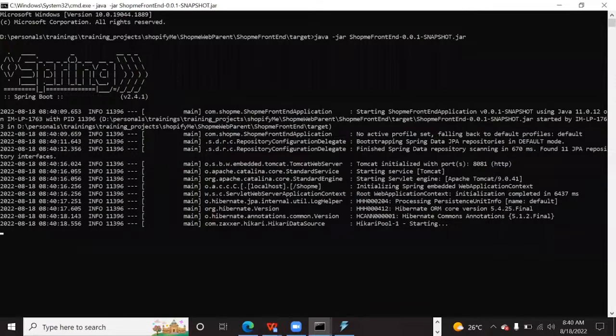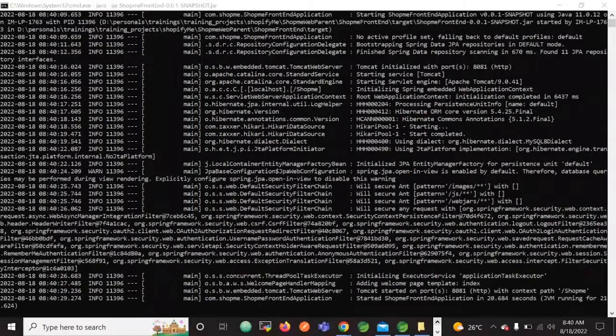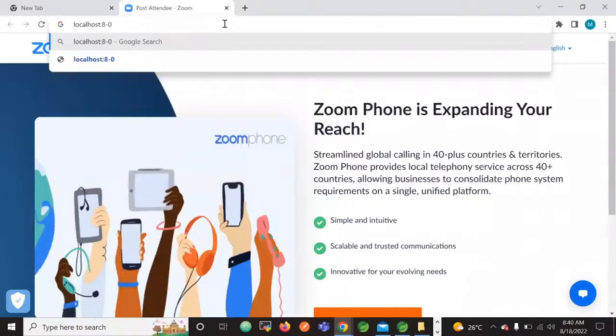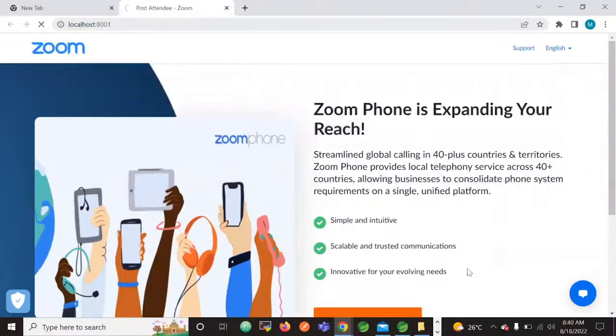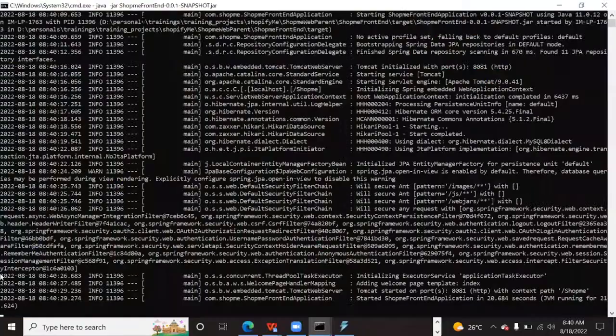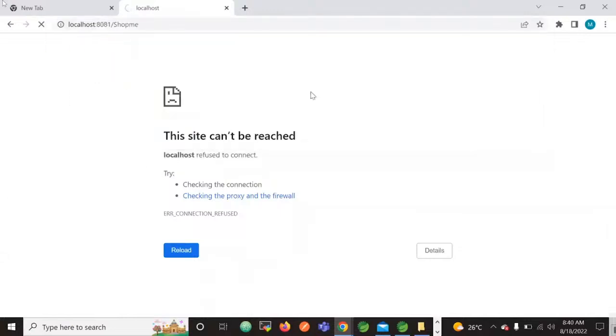Now let me go and access the front office application, which is on localhost 8001. Let me access this front office application. It is on 8081 /Shopify or Shop. Okay, so this